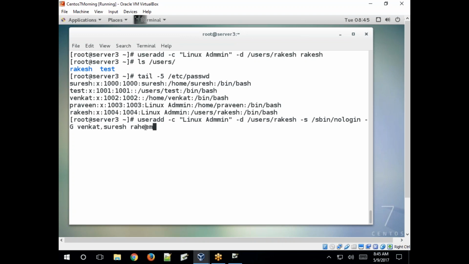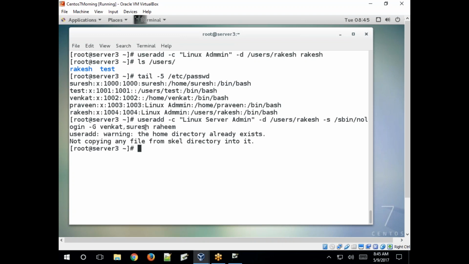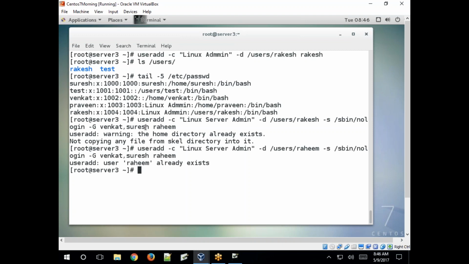Creating a user and adding additional information like phone number, address, any information. The home directory, sorry, I want to change that. I think that user is already created.